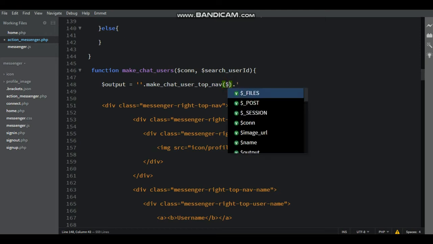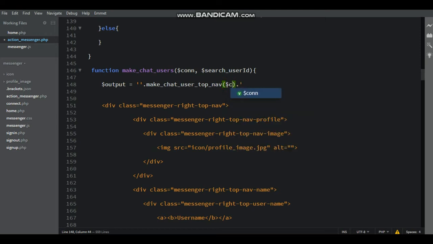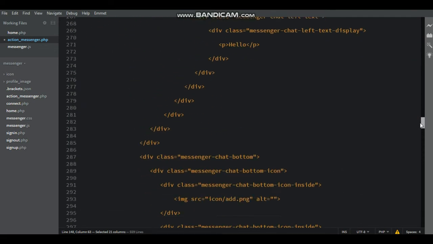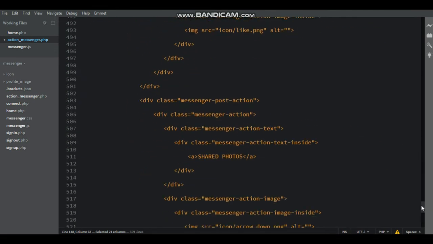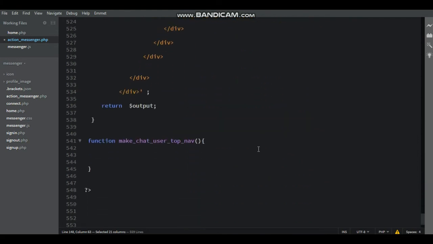Here that is make_chat_user_top_name inside the bracket $connection, $search_users_id, and then same, copy connection and search users id and paste inside the function make_chat_user_top_name.